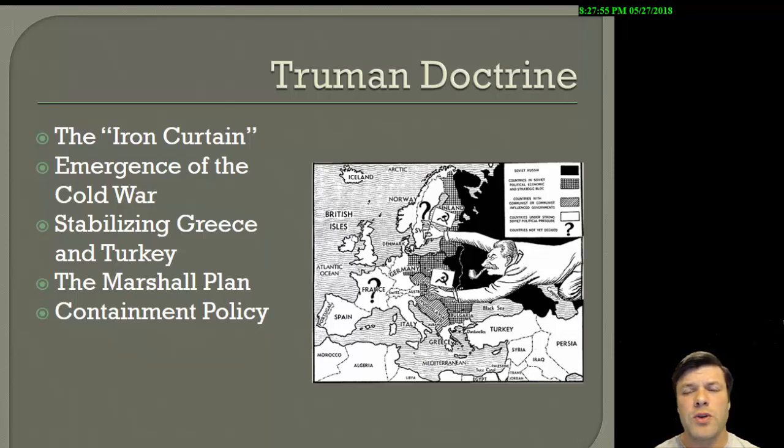Number one, what the Truman Doctrine is going to do is make our old World War II enemies our new post-war friends. Not only are we going to rebuild the German economy, they're going to be our friends in the process of this. We'll do the same thing for Japan. They become our new post-war allies.